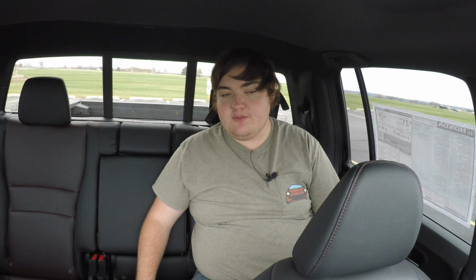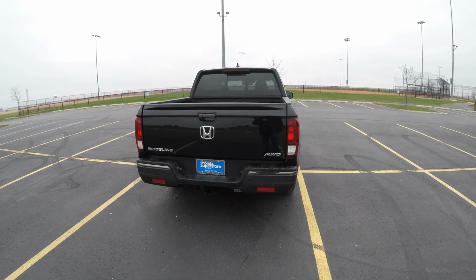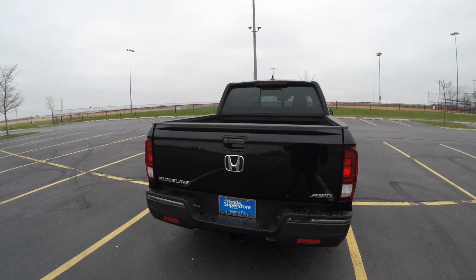Again, we'll talk about it more later on, but this is a very dailyable truck. You could live with this every single day and, you know, work with it on the weekends. That being said, let's talk about the bed because we have a couple of very interesting things to talk about back there. All right, so we're on the back of the Honda Ridgeline, and the first thing I want to